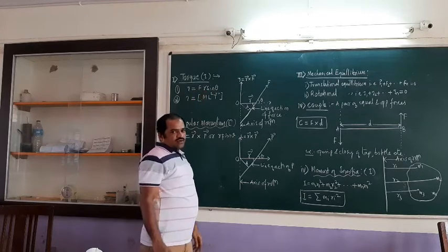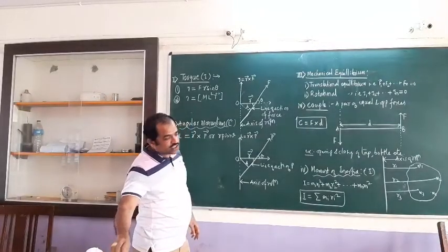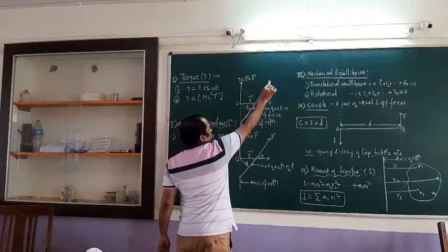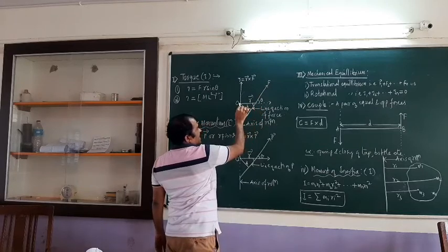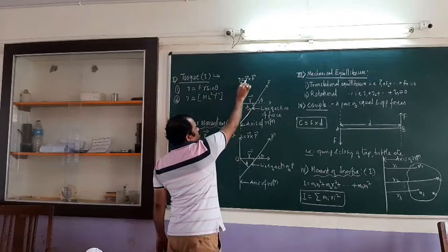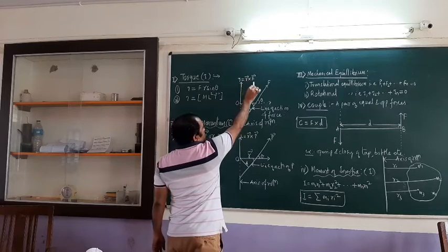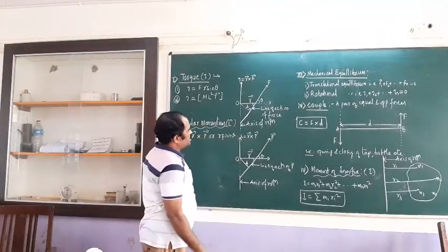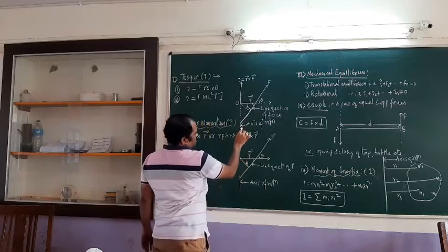In which direction is the torque going to act? The torque is going to act along this direction. So this is the direction of the torque. If this is the line of force acting on the body, and this is the distance from the fixed point, then the torque acting on the body is along this direction. Therefore torque is equal to F into R. Why here F into R? Because theta is equal to 90 degrees, so maximum torque is acting here.